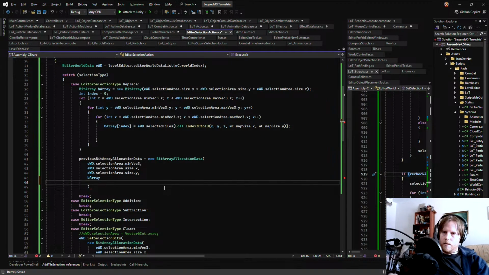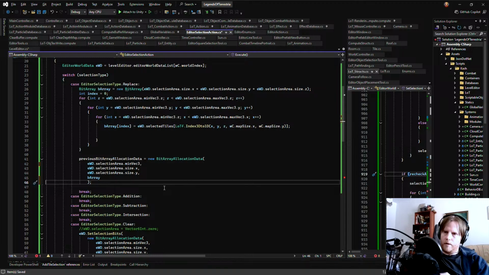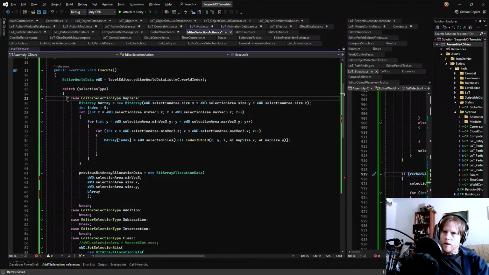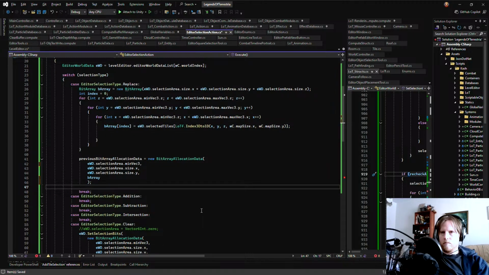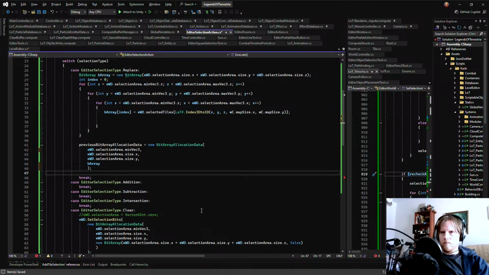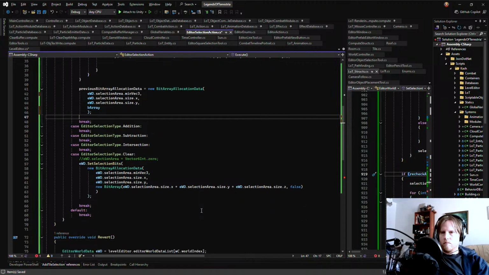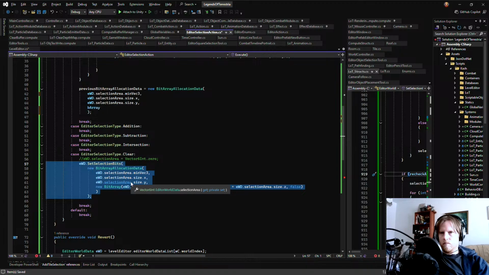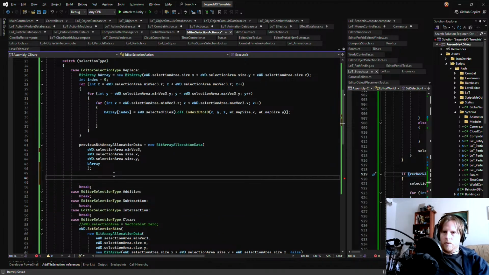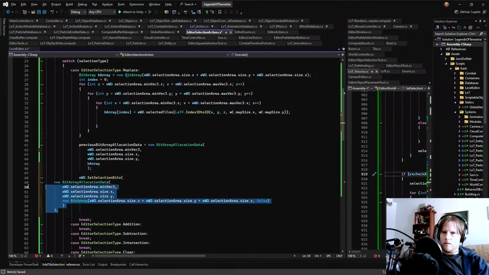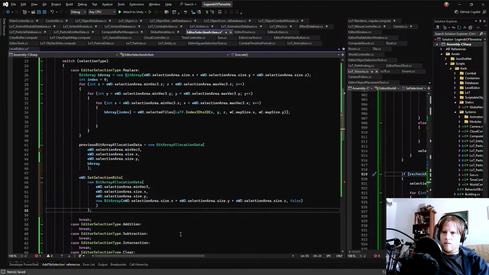We feed that in here to the previous bit array allocation data when we execute replace, and then we execute this. Right?